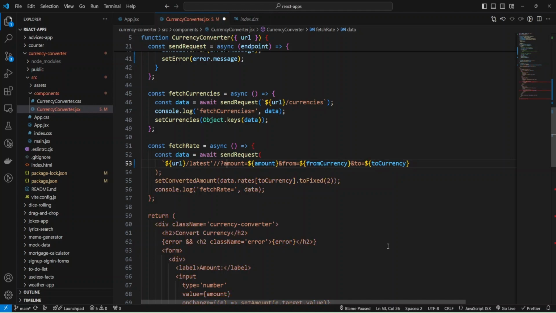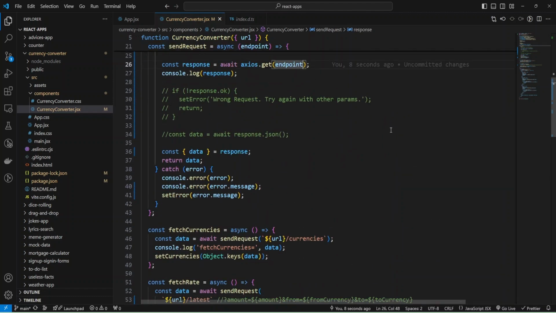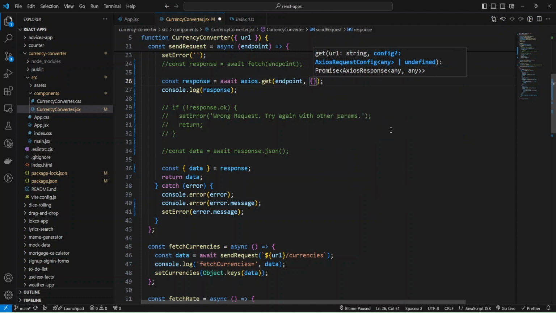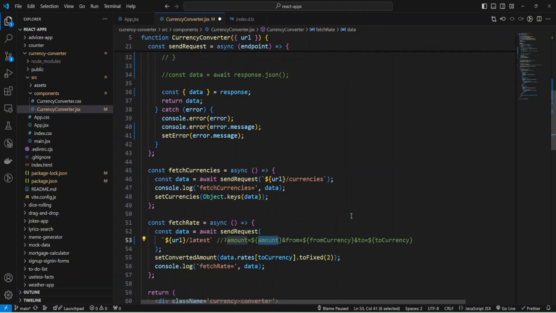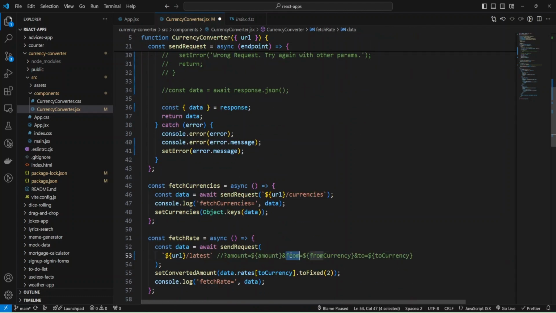In Axios we can add an object, params, and provide all these params as an object, and Axios will build the params string.